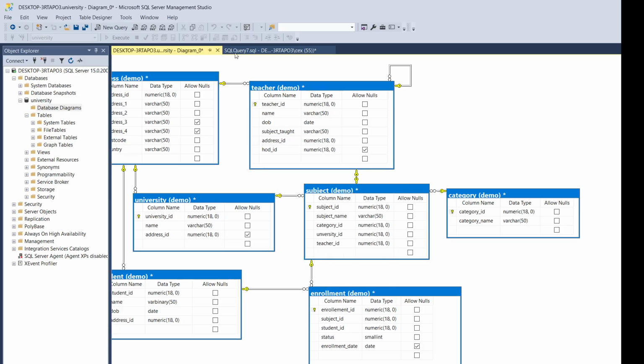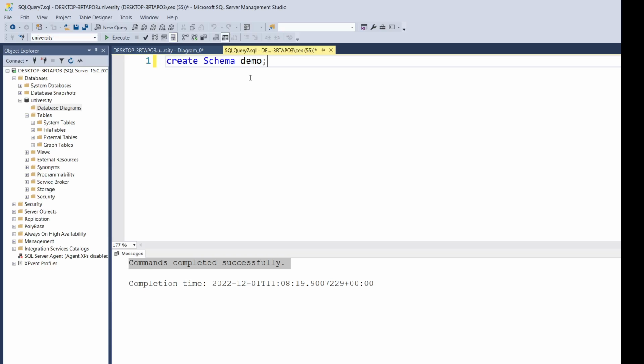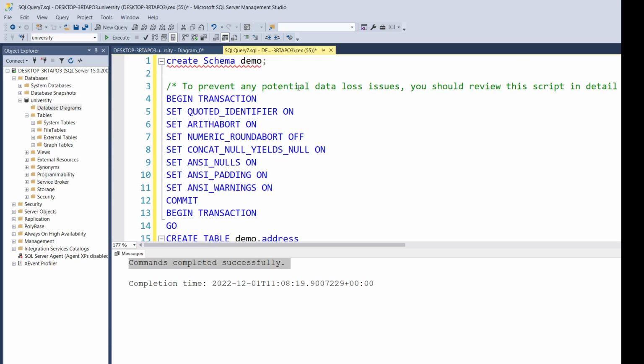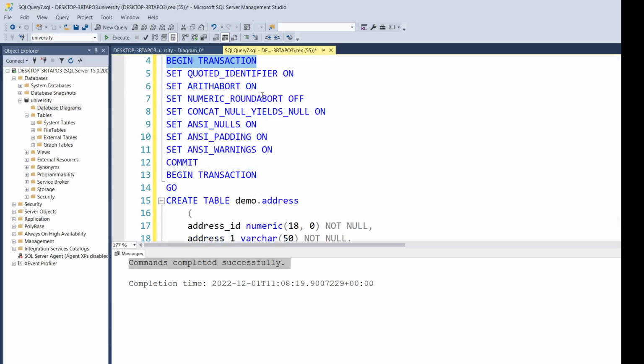Copy, cancel, and I'm using this query editor to discuss the scripts, how it is going to be working in terms of transactions. In order to control the transactions, saying that it is one whole transaction, we will typically be saying begin the transaction, and we have a set of commands where we are trying to say, being an administrator, a few operations to be on. So once these details are on, then what we are trying to say is commit all these